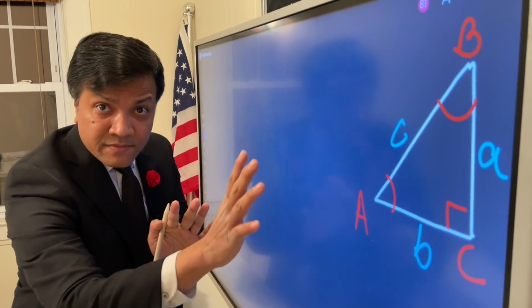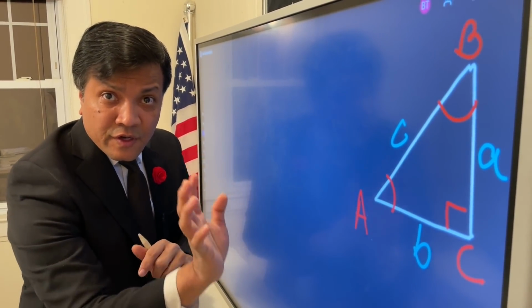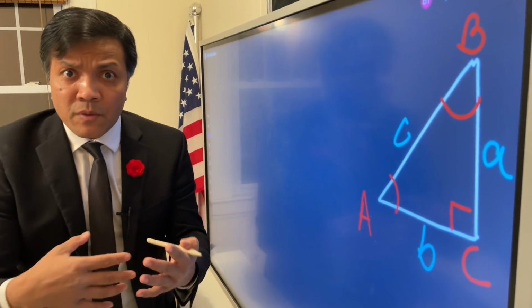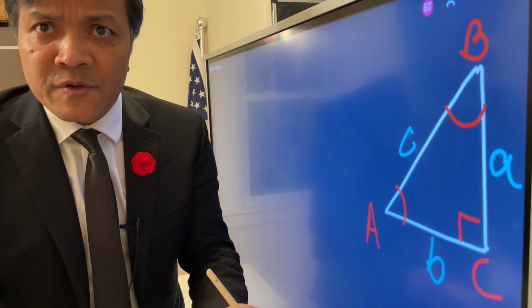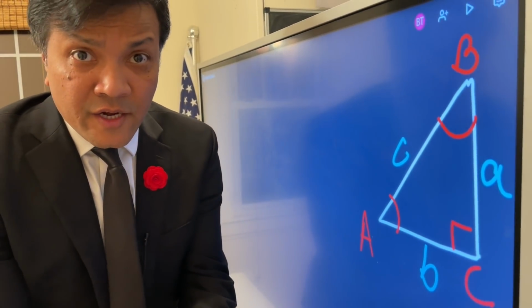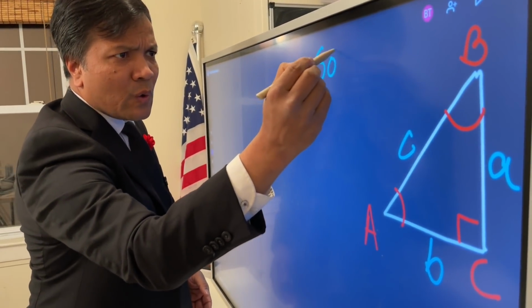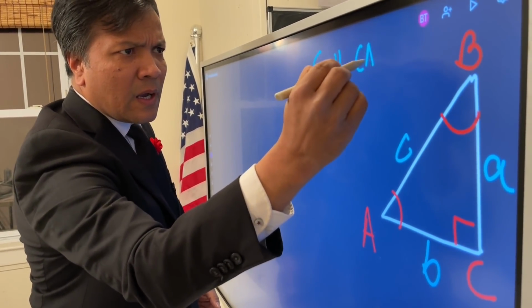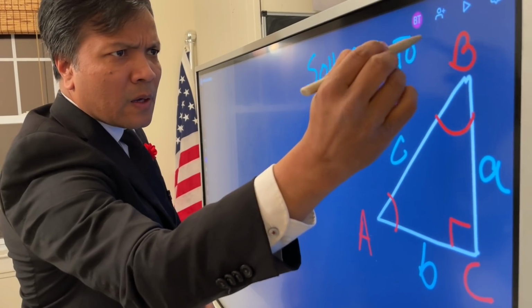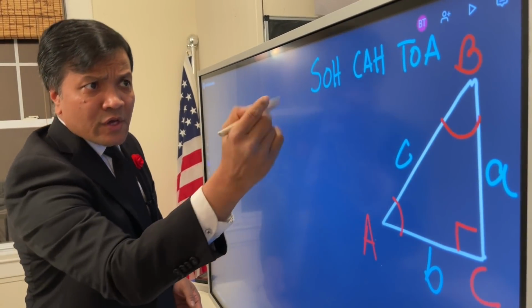Their relationship is defined by 6 trigonometric functions. Now you probably think, how am I going to remember 6 trigonometric identities? Well, there is a way to remember them. We call it SOHCAHTOA. All right, so let's start with